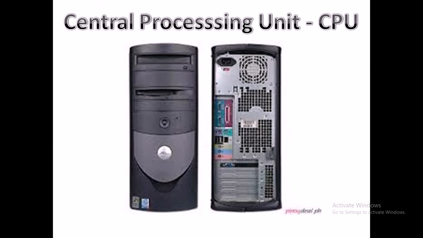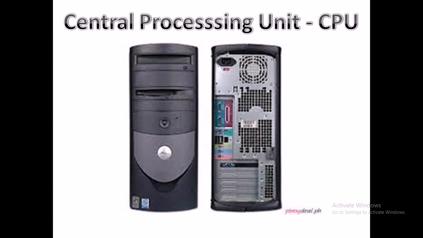Now the next and the most important part of a computer is the processing unit, that is located in the central processing unit box. The vertical box that we see next to the monitor is called a CPU box, or we can also call it system unit. The monitor, keyboard, mouse, printers, speakers and other devices can be attached or connected to the CPU with the help of cables.